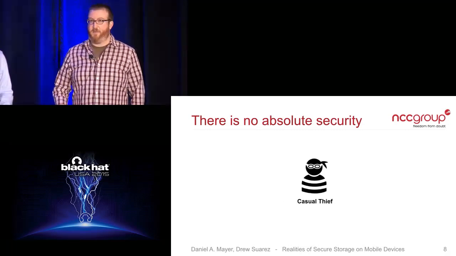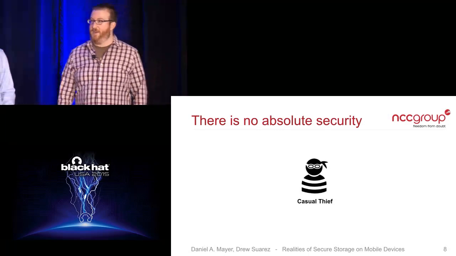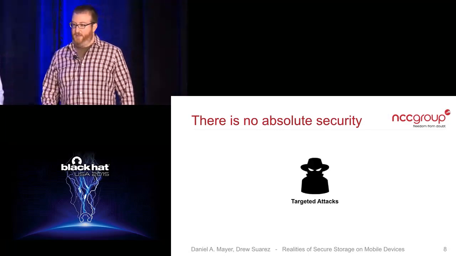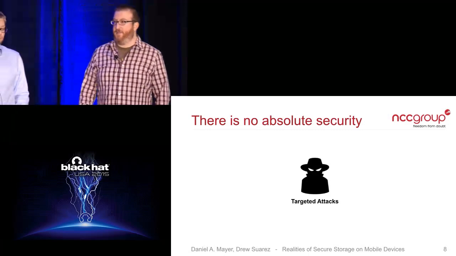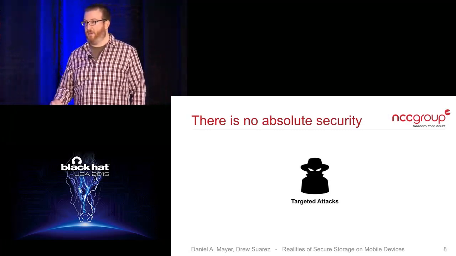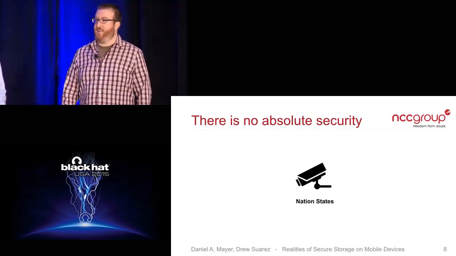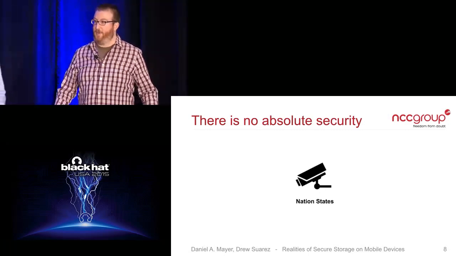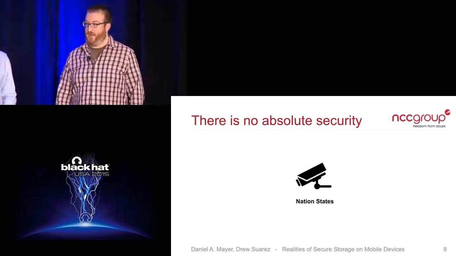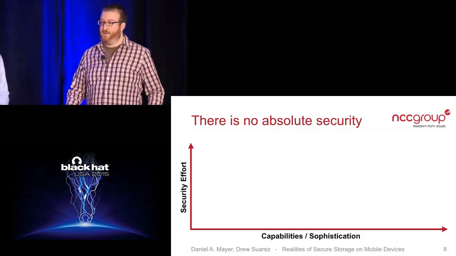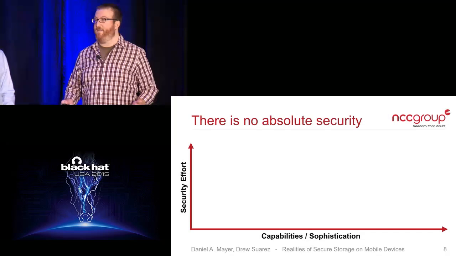There's your casual thief who really doesn't care too much about the data on your device. They just want to flip the hardware and make a quick buck. Then there's the more targeted attacks, somebody who's specifically coming directly for you for a particular reason. And then we have nation states who have a lot more time, money, and resources to dedicate to something like that. So if we plot those out on a graph of the sophistication of the attack and the effort involved,